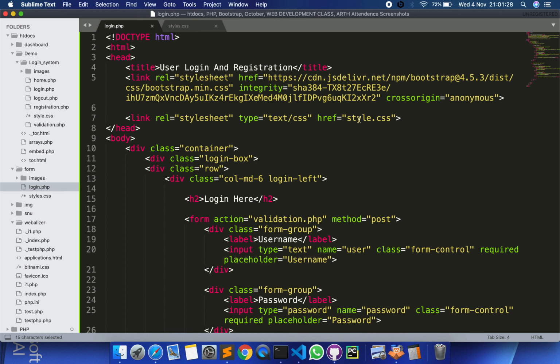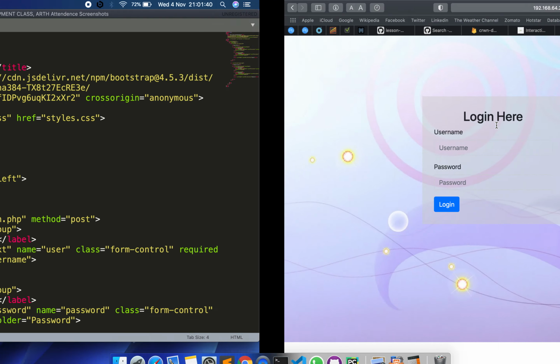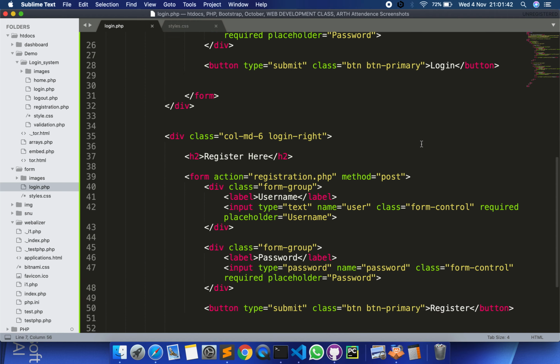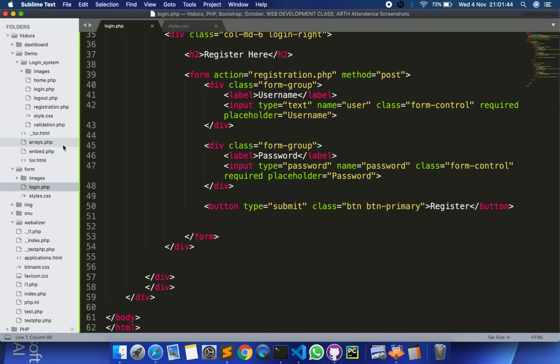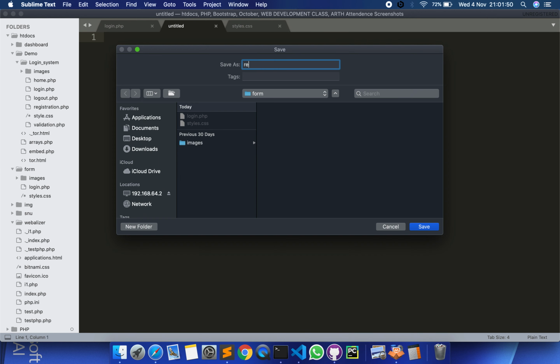Okay, styles.css, that is why it was not working. Now let's refresh our page, and here you can see we have a beautiful looking background. Now the next thing that we'll be doing, next what we need to do, there will be two pages, one is registration.php, one is validation.php. So let's create those two files,